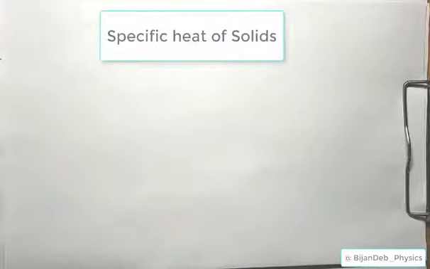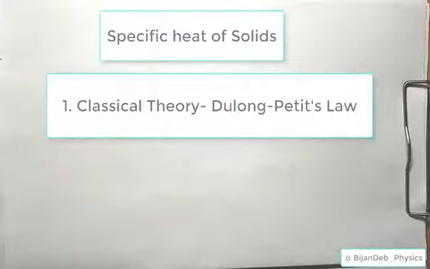So in earlier classes or sessions, we have studied specific heat and the classical theory, its achievements and failure. So what was the classical theory? Classical theory was dependent on the equipartition energy theorem, and it leads to the Dulong-Petit law, which states that total specific heat or lattice heat capacity is constant, given by 3R, independent of temperature and frequency.